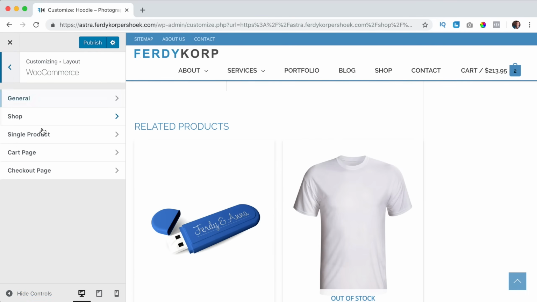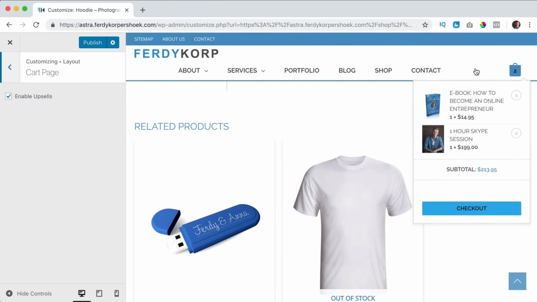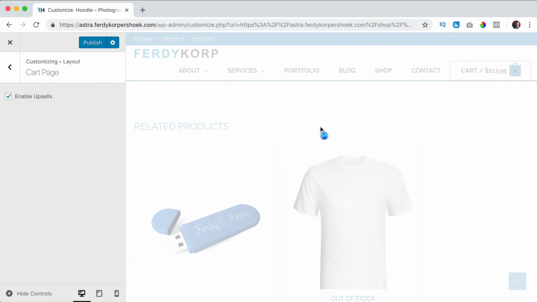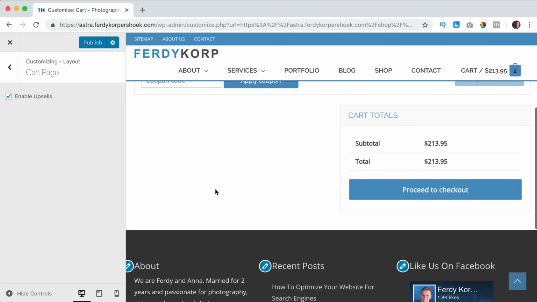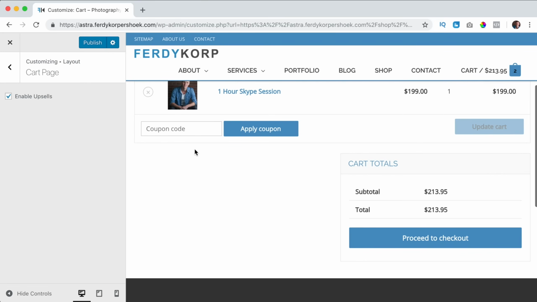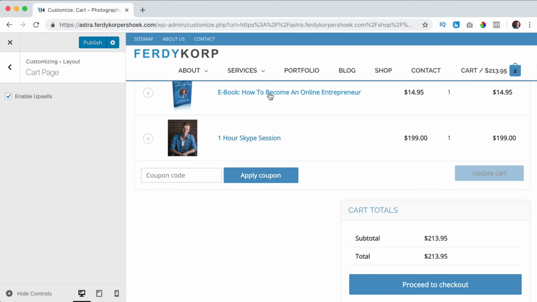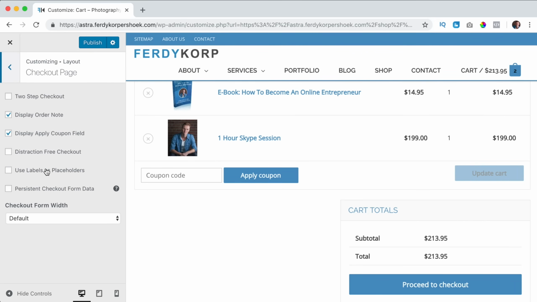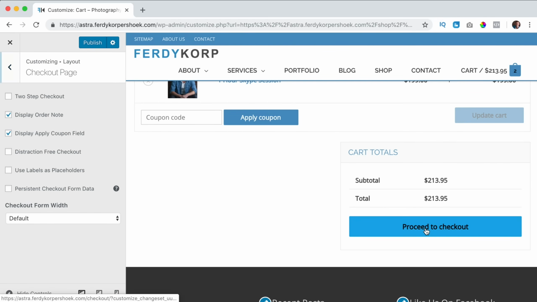Okay, I go back to the cart page. And if I click here, then we can enable upsells. We don't have upsells yet, but you will see it over here. Get also this USB case when people buy the USB. And then we have the checkout page. So if I click on proceed to checkout,